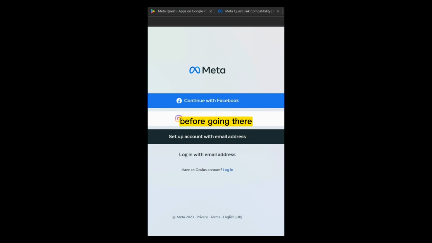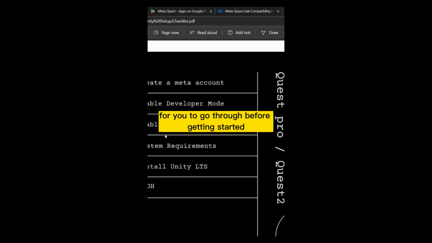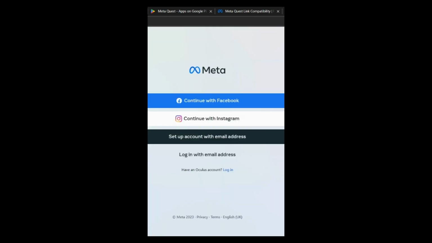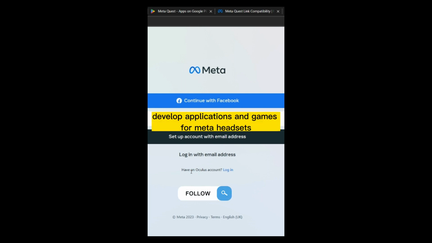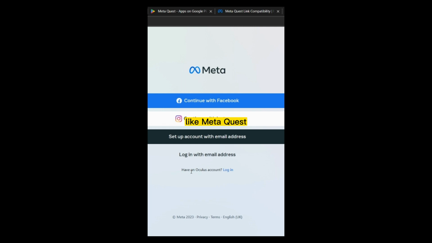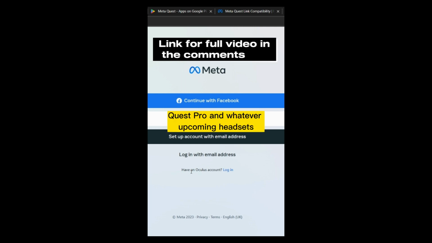So first of all, before going there, I have created a checklist for you to go through before getting started. And in that checklist, the first thing is creating a Meta account. So a Meta account is a developer account which will enable you to develop applications and games for Meta headsets like Meta Quest, Quest 2, Quest Pro, and whatever the upcoming headsets are. So in order to create a Meta account, you can